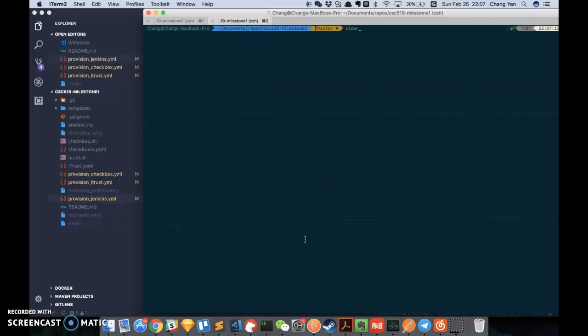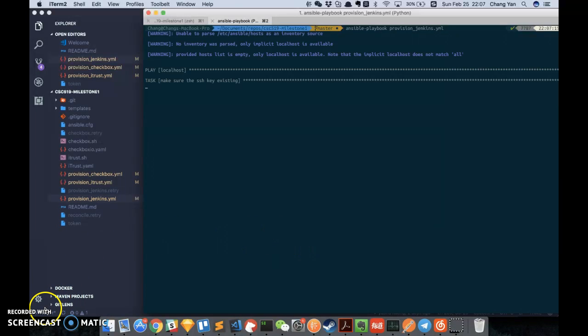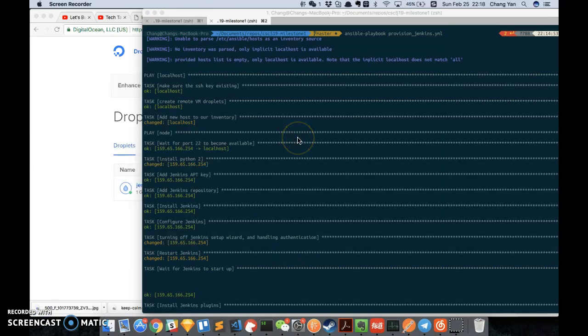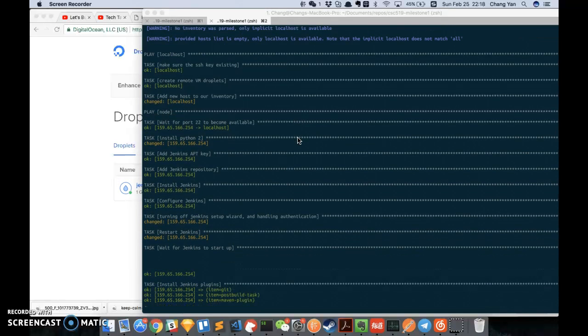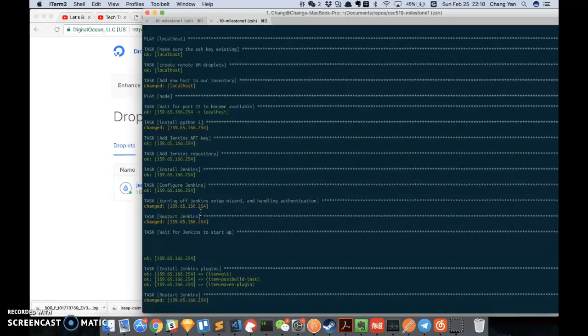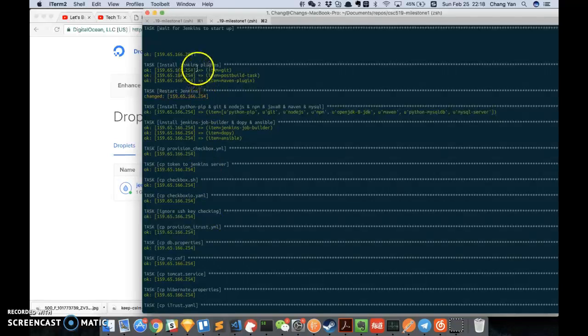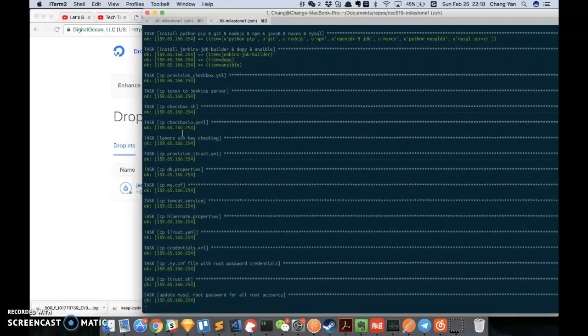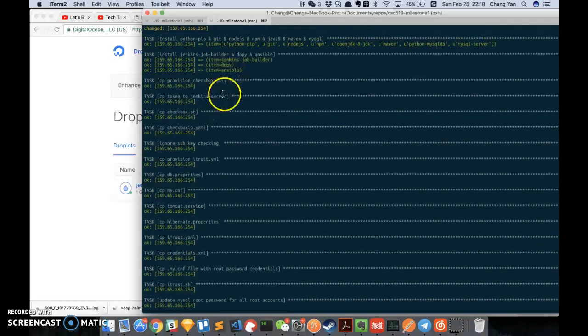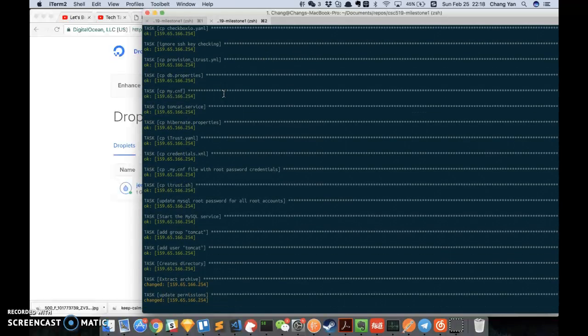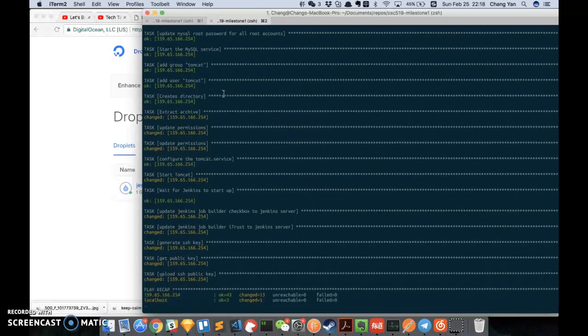Okay, so let's run this script. Here we are. This takes basically about 6 or 7 minutes to finish the whole running of the script, so I'll just show you the result of it. As you can see here, after setting up the Jenkins server and the configuration stuff, we also need to install the Jenkins job builder plugin, and add these two jobs to the Jenkins job builder,